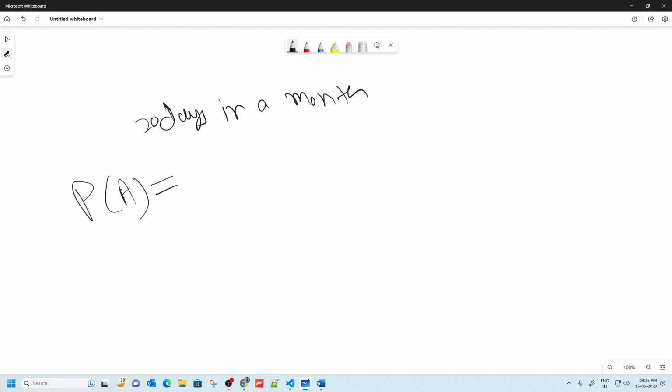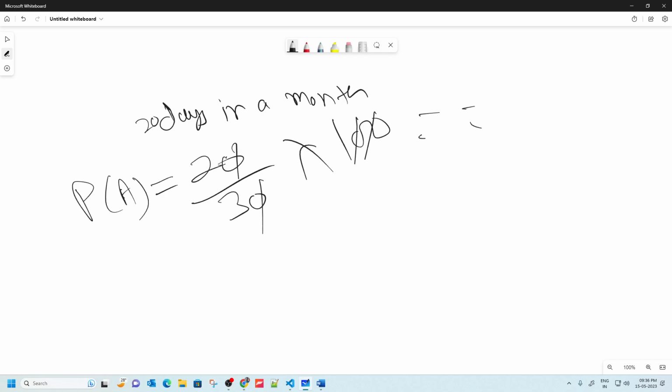So P(A) will be 20 divided by the total number of outcomes, in this case that is 30. Okay, so that comes to around 2 by 3, or we can say about 66% is the probability. Okay,